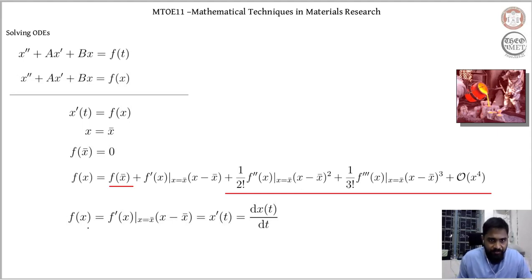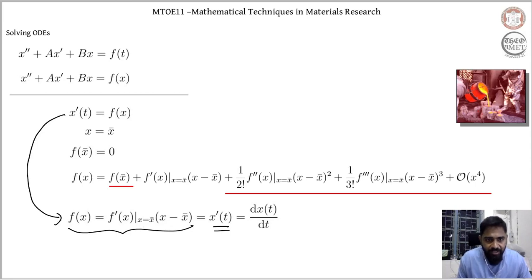wherein my f of x is equal to the derivative of f of x at x bar, wherein the momentum is 0, times x minus x bar, wherein x is the point close to my x bar. Now this f of x is equal to the momentum x of t, which we get from this